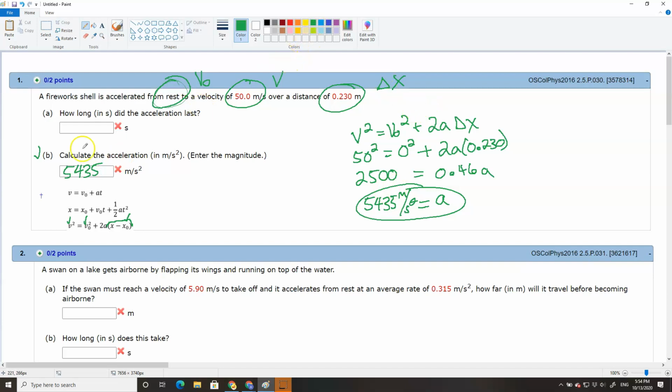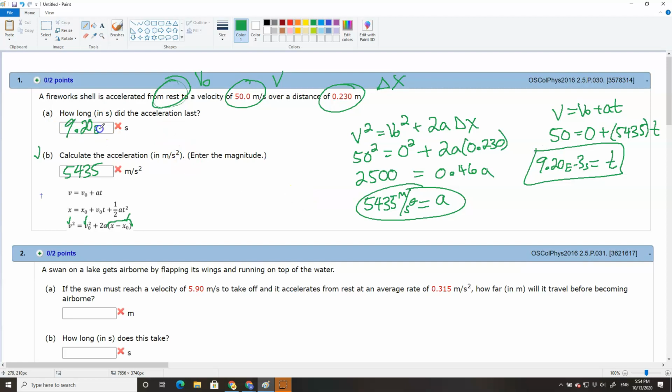And then solving for part A, now that we have an acceleration, we can use the first equation. We couldn't originally because we had two unknown variables. This will be 50 equals 0 plus 5435t. Divide out the 5,435, and you'll get a time of 9.20 e negative 3 seconds, or 9.2 milliseconds. To confirm those answers,